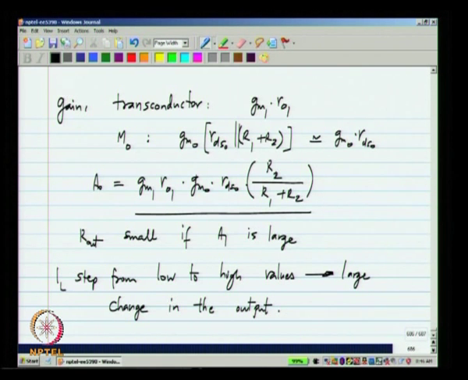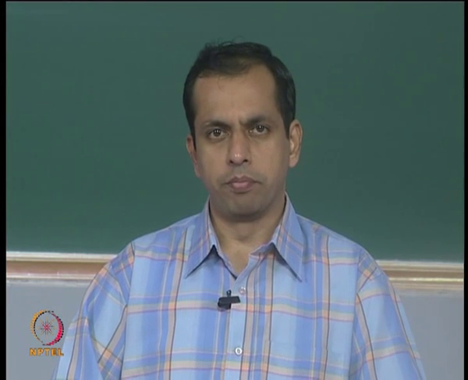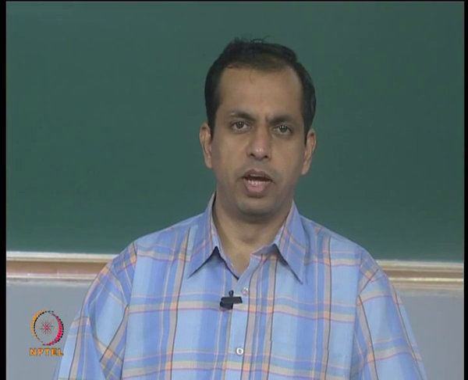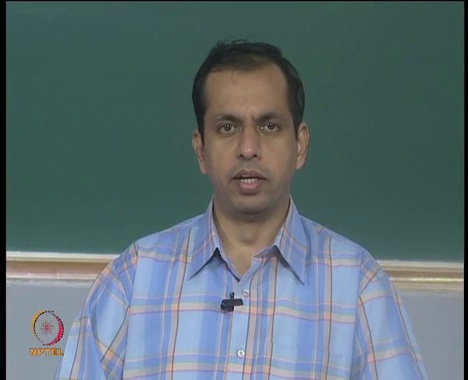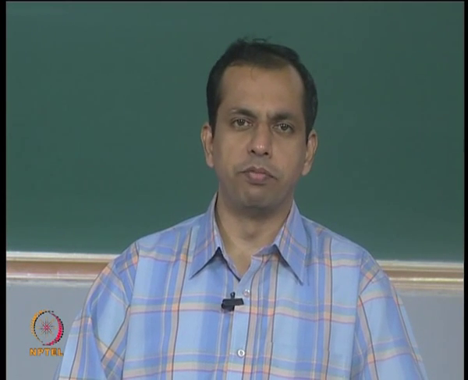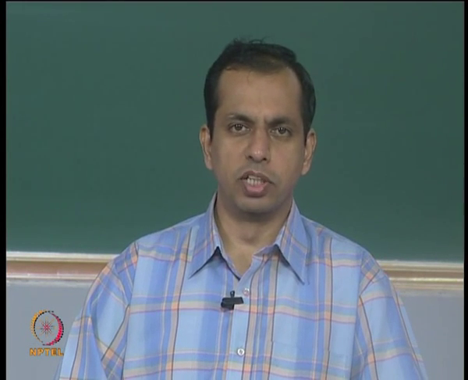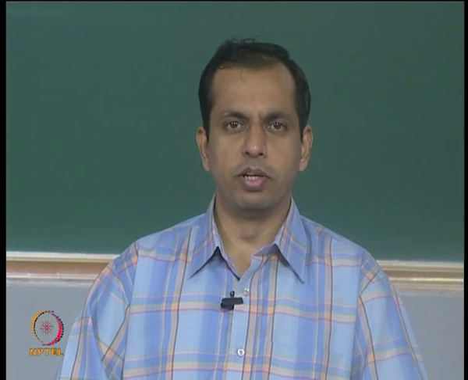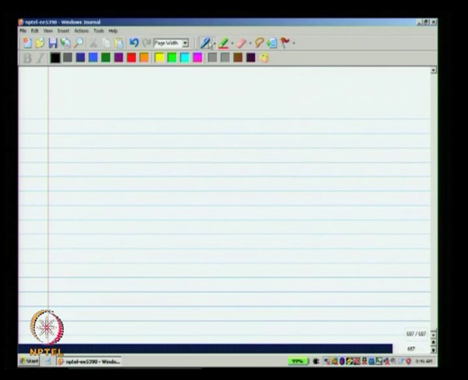Basically, what I am pointing out here is that R out is made small using negative feedback, okay. So, if R out is very small, you would expect that if IL steps up by a large value, then the output voltage will be a small step, it will be equal to delta IL times R out. But because R out is made small using negative feedback and it takes some time for the negative feedback to respond, the moment IL changes, the output voltage will step by a large value and it will slowly settle down to the small value given by delta IL times R out, okay. This is what you would see.